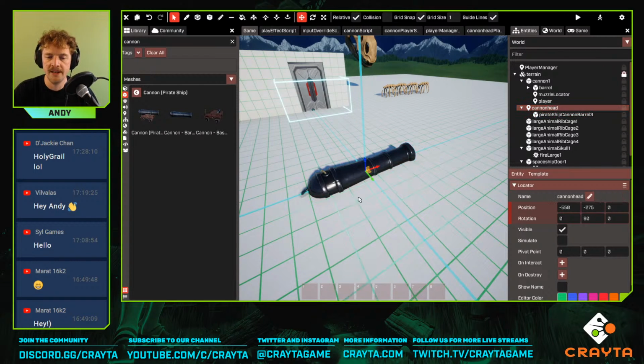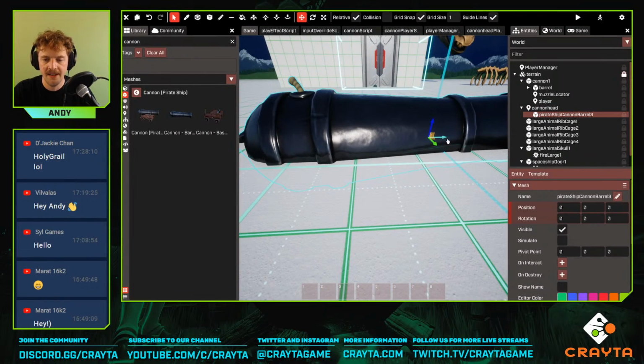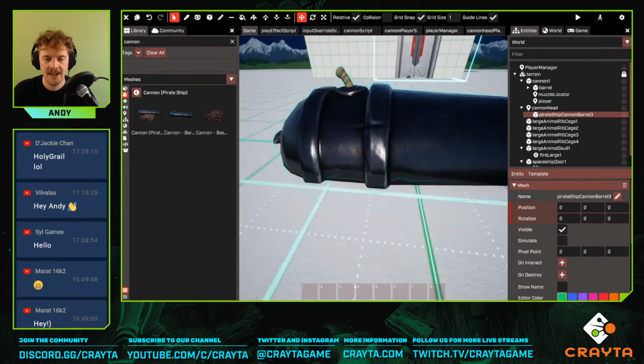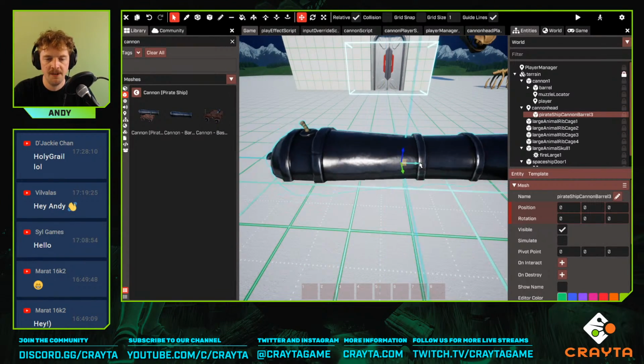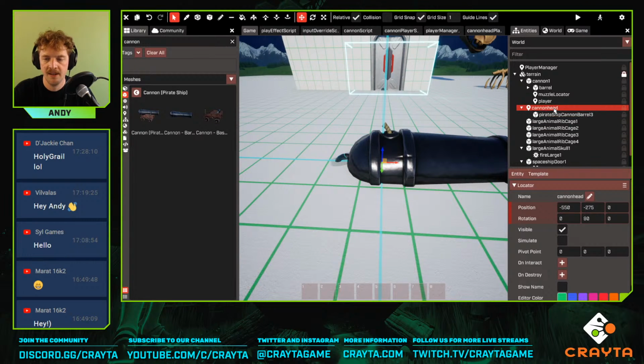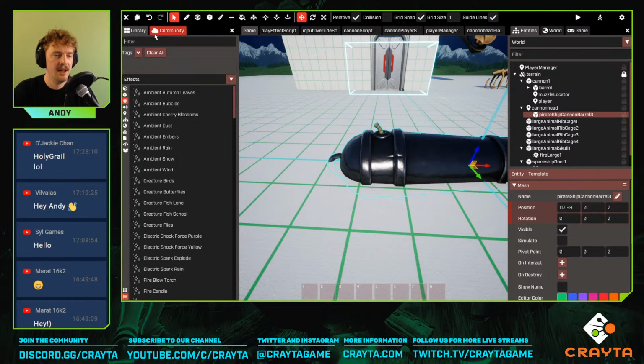So we've got those two lined up. Let's just make sure that the middle of that locator is exactly where we would imagine the player's head to be. So we want the barrel and the fuse to be lined up with that. So the player's head should be amongst that fuse. Let's also just add